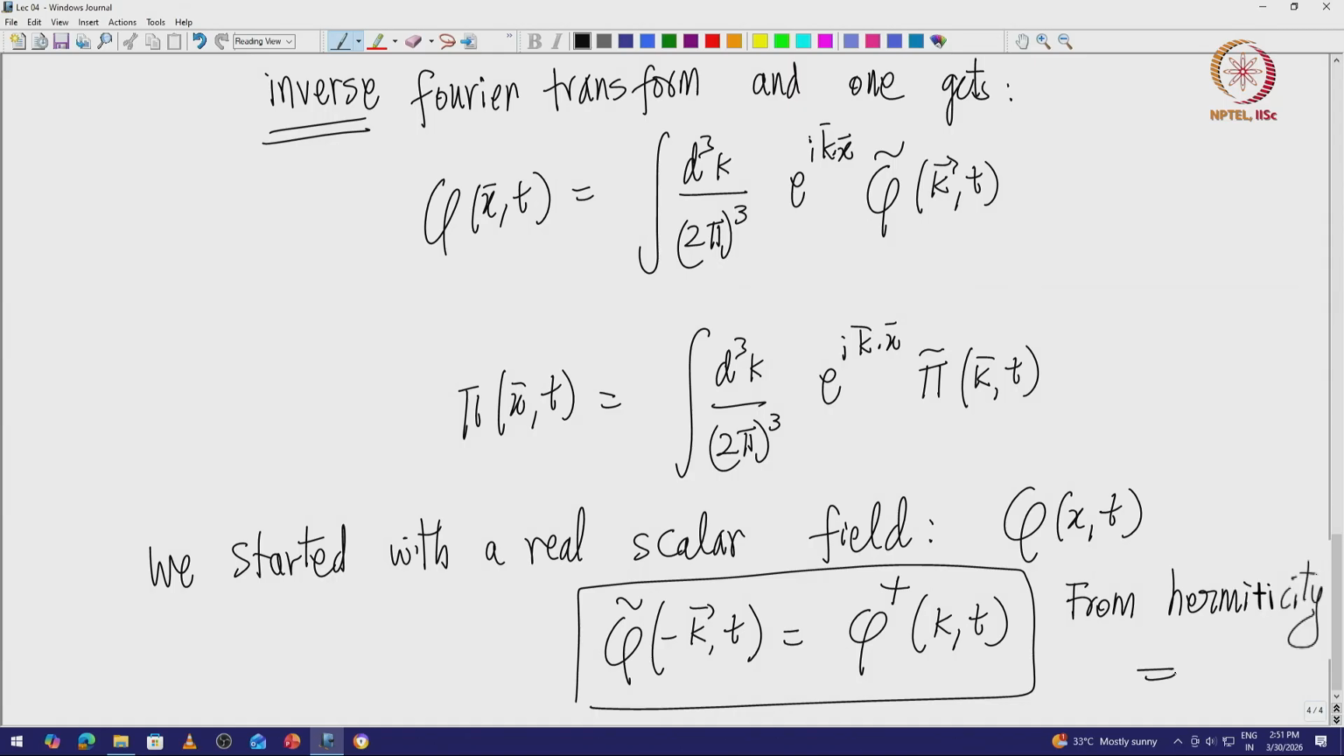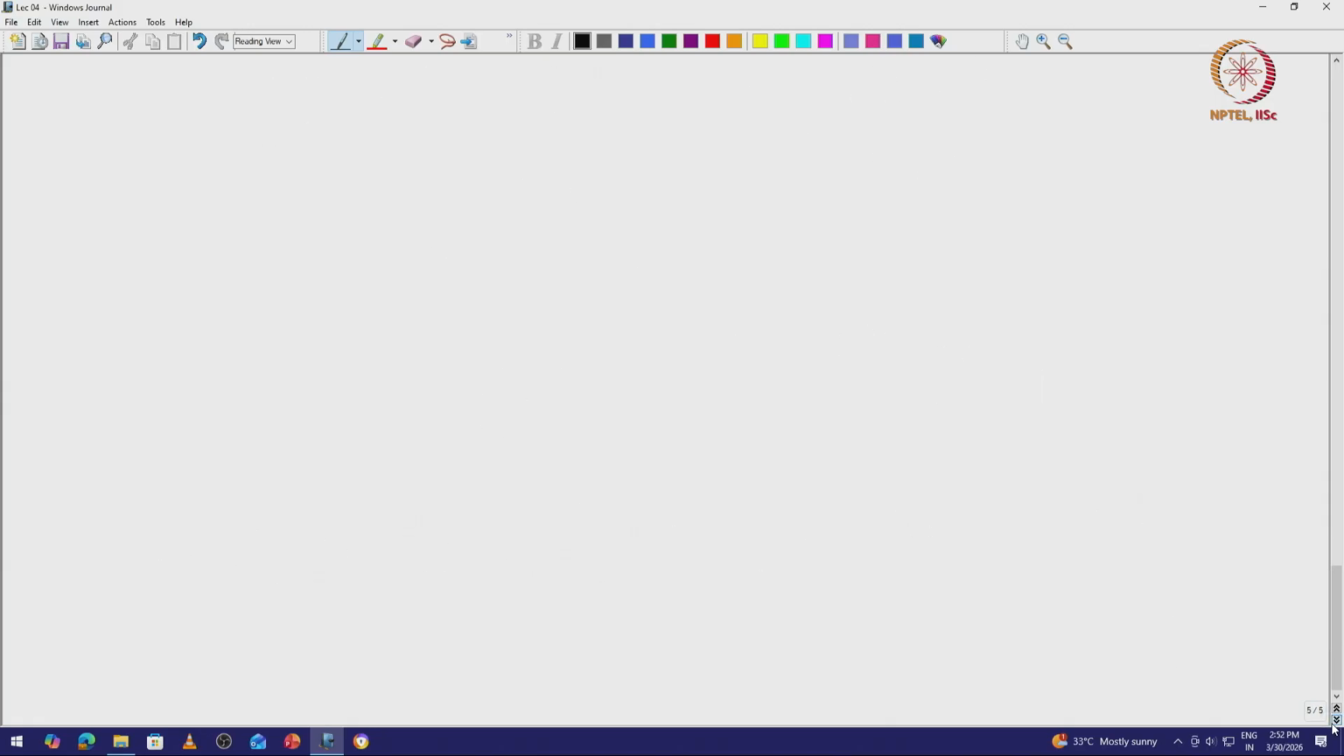Now this changes for a complex scalar field. For a complex scalar field this does not happen essentially. And then we have the Heisenberg equations of motion. This I hope you all understand, this is a very standard relation, because you have phi dagger of k is equivalent to phi tilde of minus k essentially. So this is just by the Fourier fields, just from the Hermiticity of the operator. The Heisenberg equations of motion